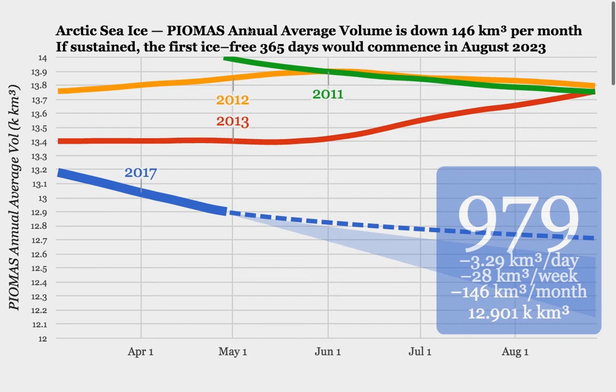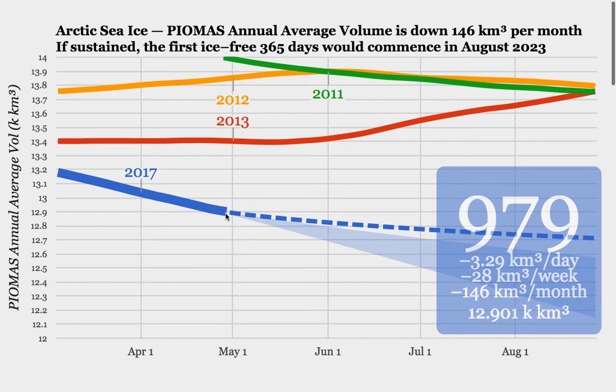And some of you may know that PIOMAS has reported record low volume for the date for all of March, and will likely do the same for all of April. And that means that you have a downgoing graph for the annual volume, because we are lower than we were last year for every day. And you can see we have been going below 13,000 cubic kilometers during April, and now the latest line is 12.9